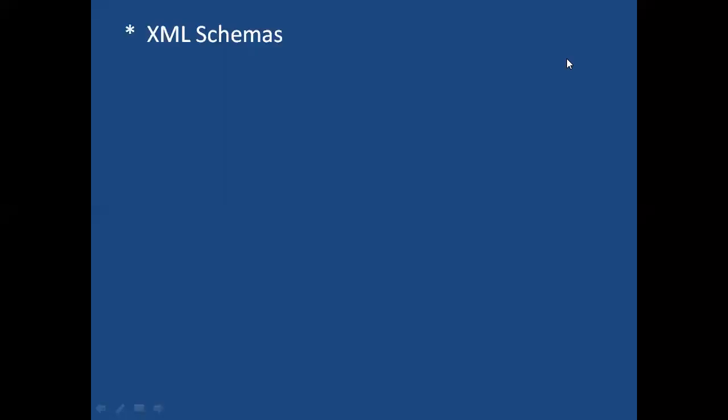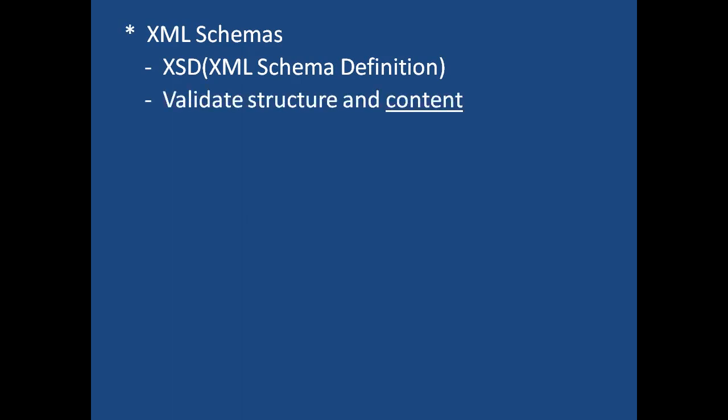In this session, we'll be discussing XML schemas. We have already learned about XML DTD in our previous videos, which is used for XML validation. Similar to DTD, XML schema is also used to check whether the given XML document is well formed and valid. XML schema is commonly known as XML schema definition. It is used to describe and validate the structure and the content of the XML document. XML schema defines the elements, attributes, and data types.